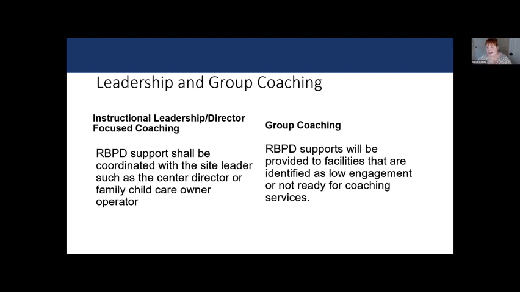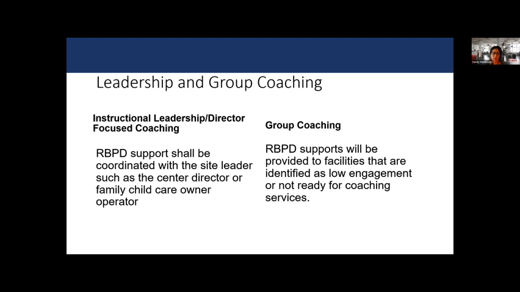I'm going to invite the program team now to step in if they want to give any further information about those different categories. Yeah, thank you, Sarah. I think the biggest thing is we're testing these out and we'd be open to feedback from you all as we're looking at what levels of coaching we can do this fiscal year.